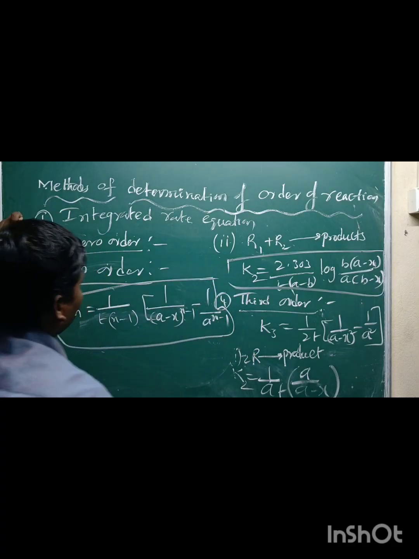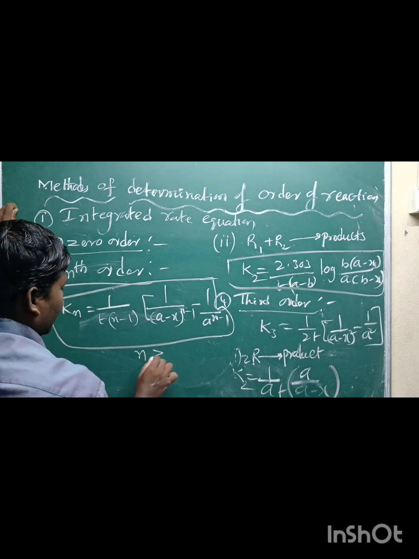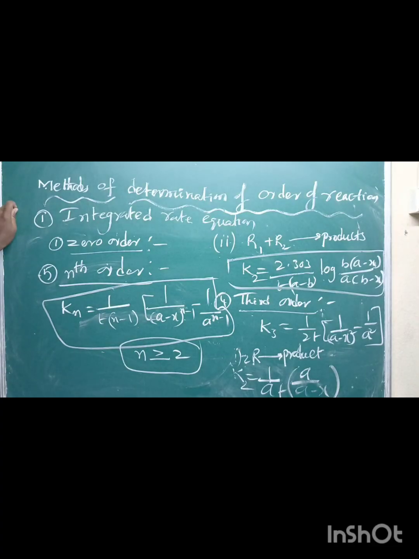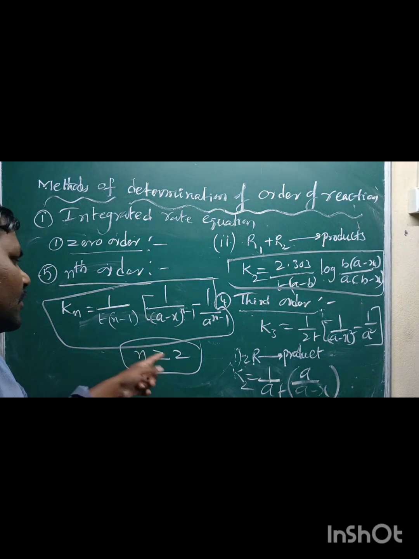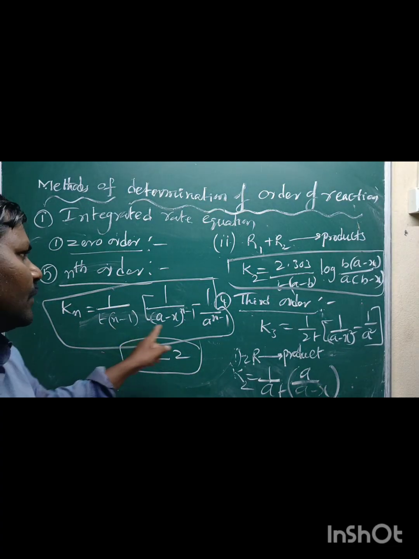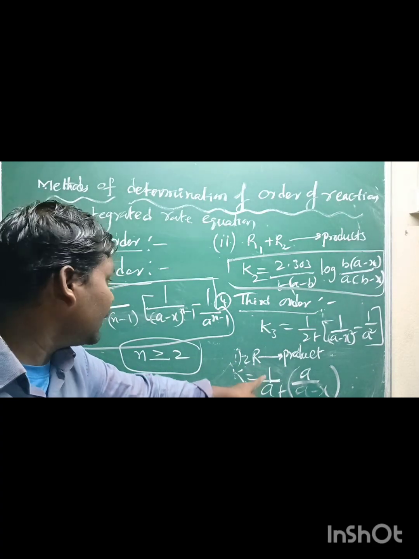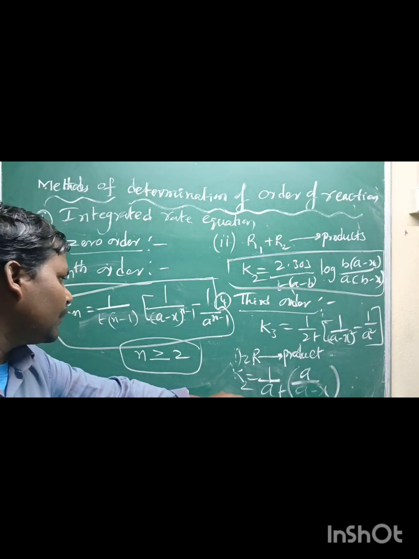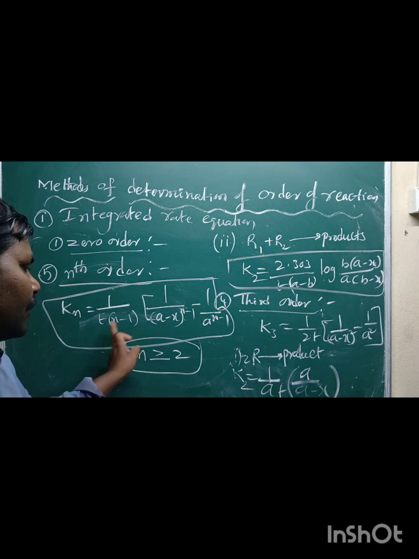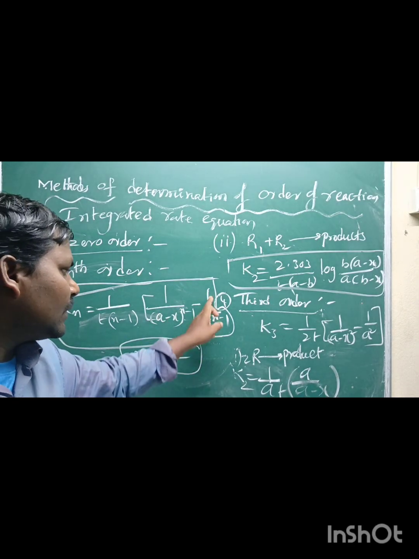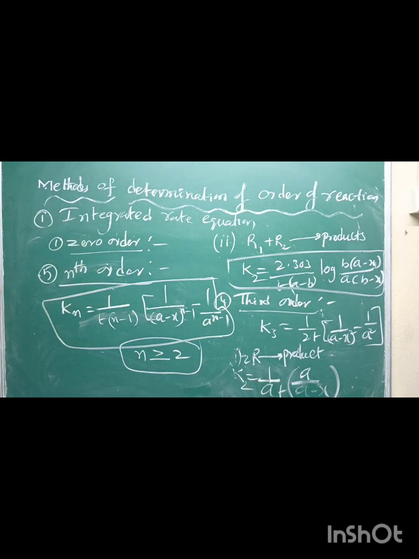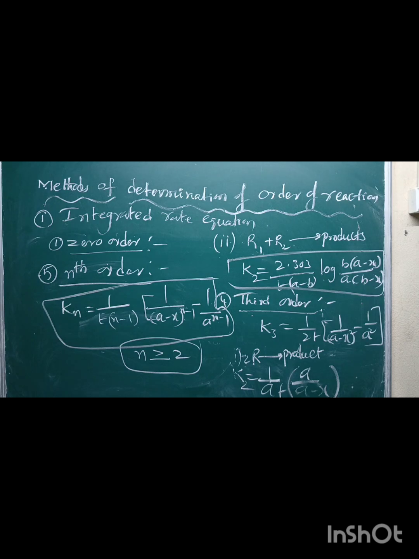This is the nth order formula, applicable for n greater than or equal to 2. If n is equal to 2, n minus 1 is 1, so 1 by t into [1 by (a minus x) minus 1 by a], that means x by a(a minus x), this formula. And also